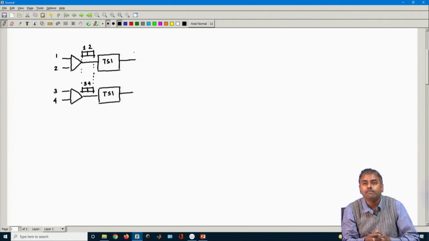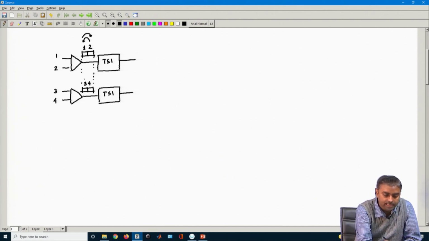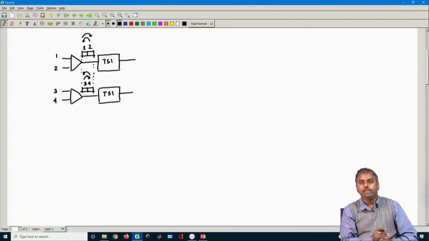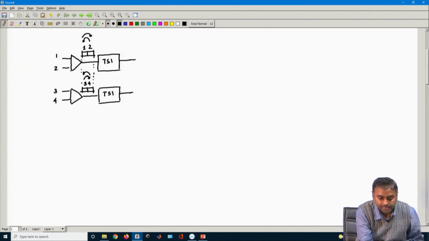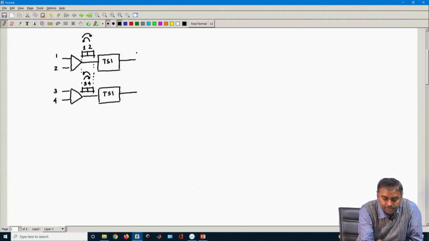So, basically I want to keep that thing intact, but I can also swap. 2's data I can put in 1 and 1's data similarly I can put in 2. Similarly 3 and 4 I can swap, or I can choose not to swap. So, any of those options I can do at the output of TSI. So, followed by this TSI, what we will be doing, we will be putting